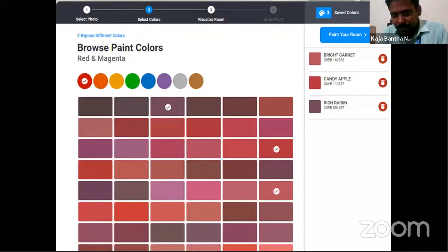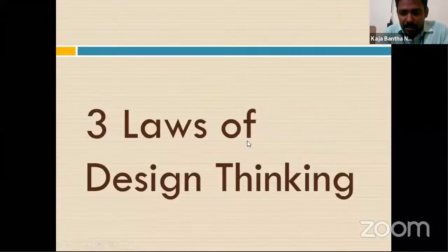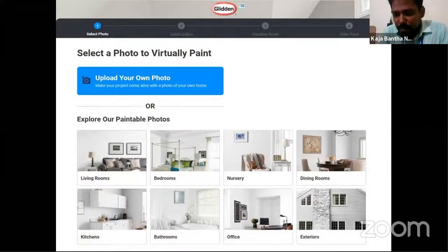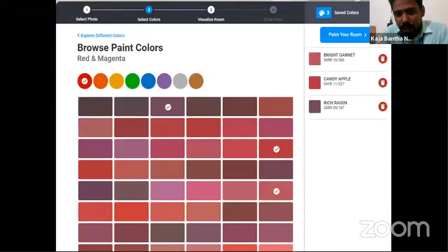Room viewer, that is a new innovation. You give your room image, and you just choose your colors. Not only 7 colors, any colors. Just notice that the paint company has a color library. From the color library, the people take simulations